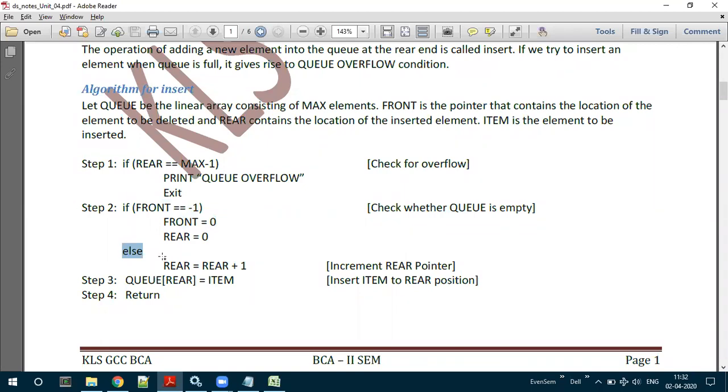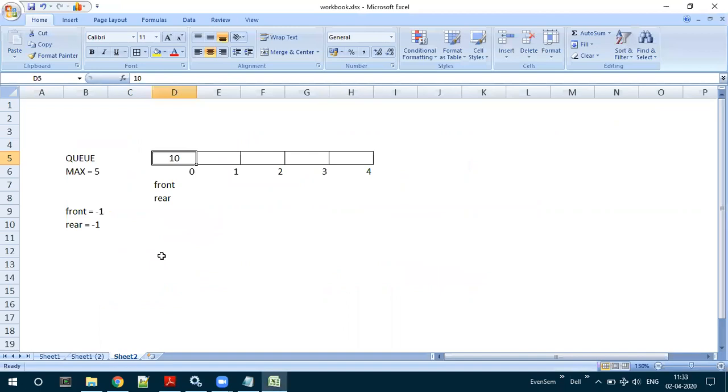So let us see. Now, assume that 10 has already been inserted. Initially Q was empty, and we have inserted the first element 10 at the first position, that is index value 0. Now, if we want to insert one more element, what has to be done? Which pointer do I have to move, front or rear? Rear.